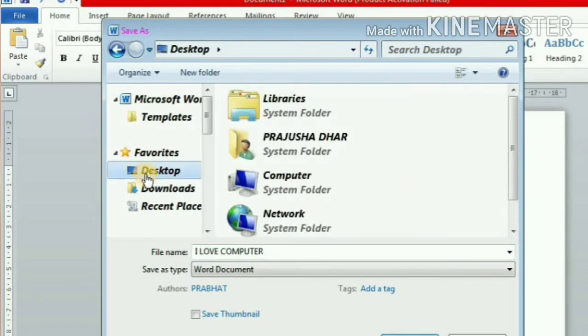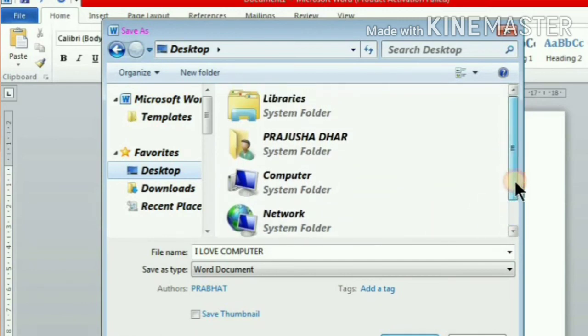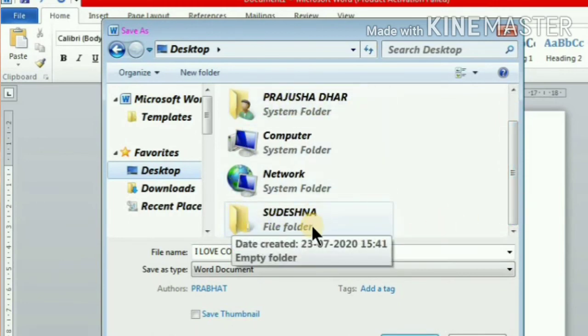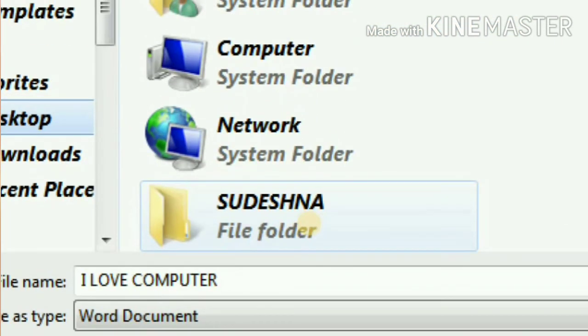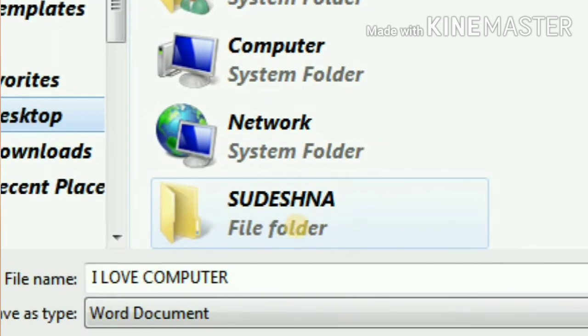Single click. As I click, on the right pane, this side, you will see all the folders that are on the desktop displayed. Okay, can you see my folder is also there, Sudeshna? Now I am going to save my file inside this folder.